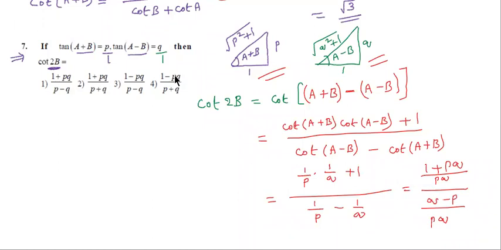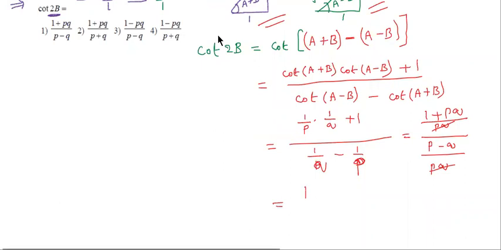So I think here I am written mistake. This is 1 by Q. This is 1 by P. Yes or no? So, here numerator part is going to mistake. Here will come P. Here will come Q. So, PQ is cancelled. Finally, students, what is the answer? 1 plus PQ divided by P minus Q. This is the answer. So, students, which option is correct? First option is correct.